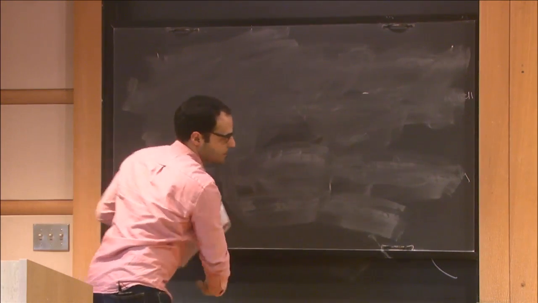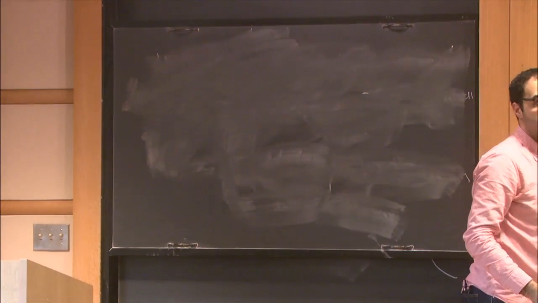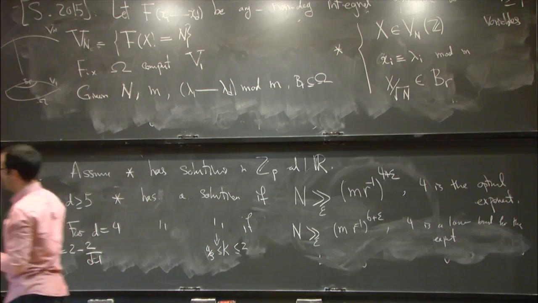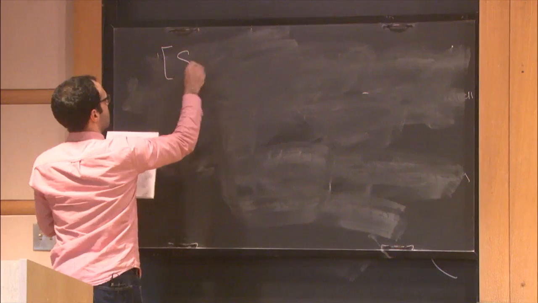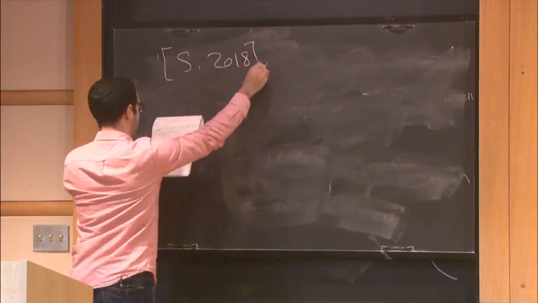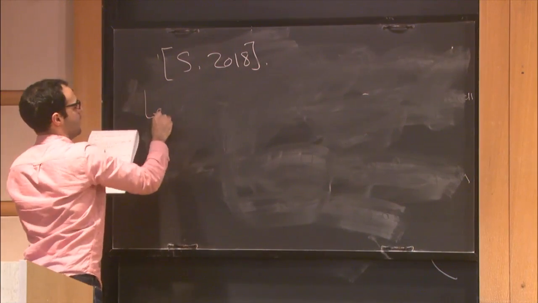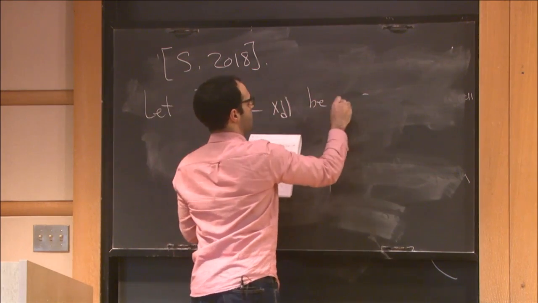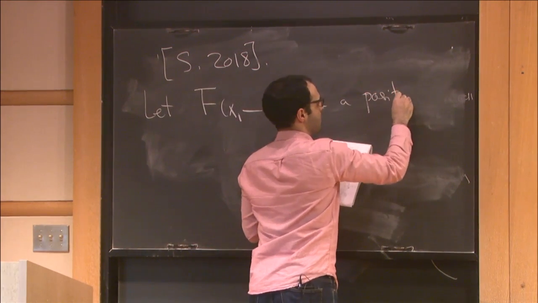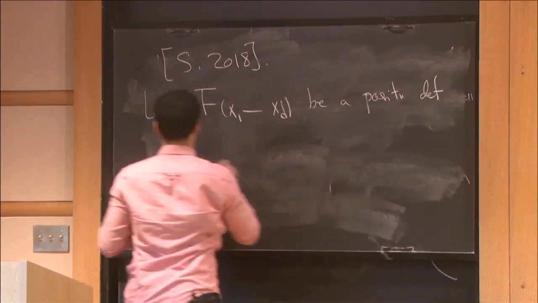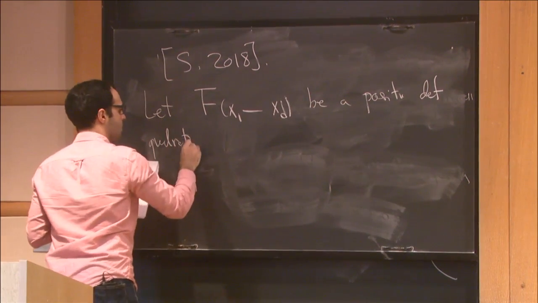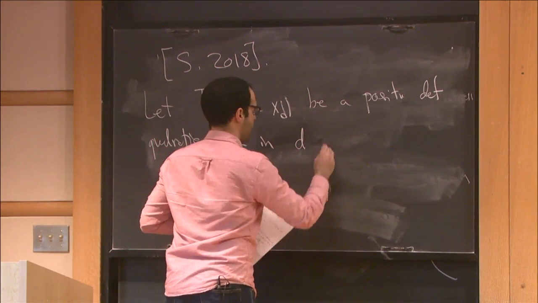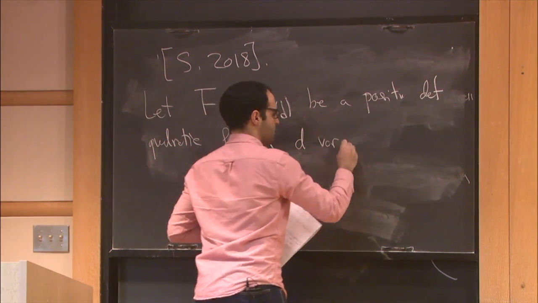So I'm going to state this is the result. Of course, we don't get the sharp thing. Yeah. So this is the result for K_d. I'm going to state my latest result for K_d bar. So in fact, you can prove that, for f of x1 to xd a positive definite quadratic form in an even number of d variables, where d is even,